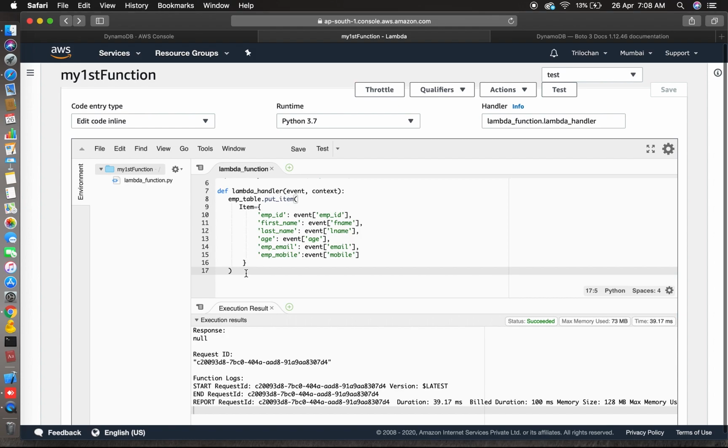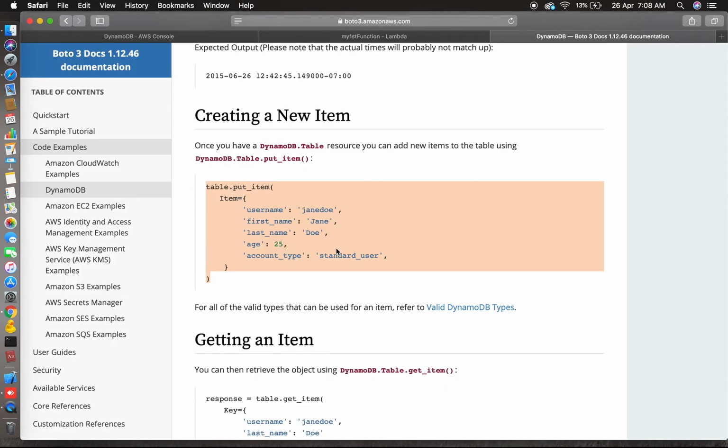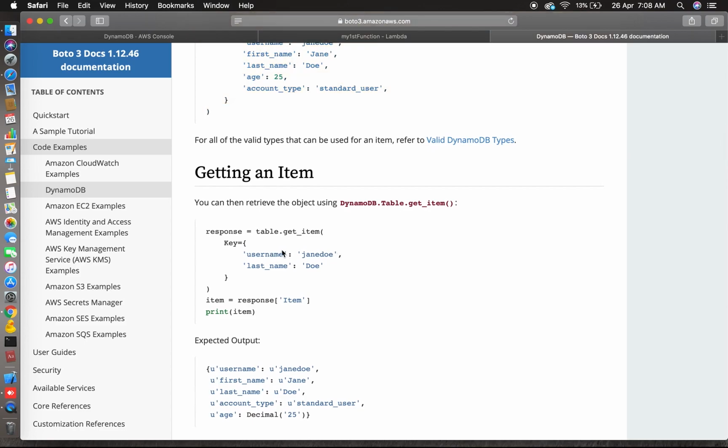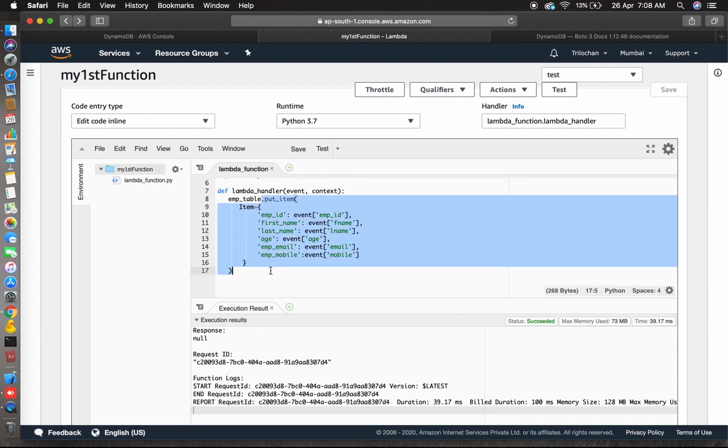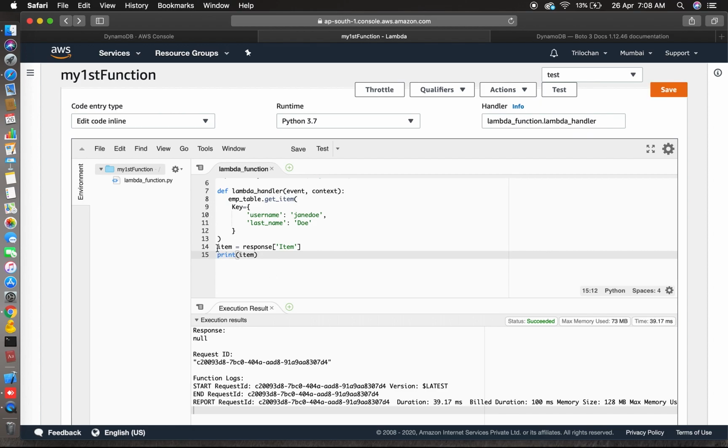Now the insert is done, so you can get the data also using the same Boto3. Let's go to the documentation. Copy this get item section, copy all. Go to the Lambda section and paste here.